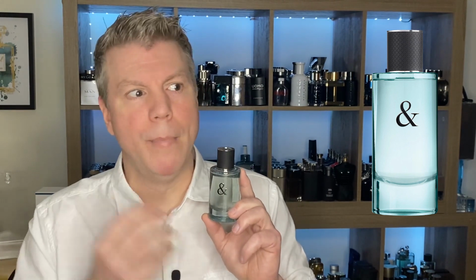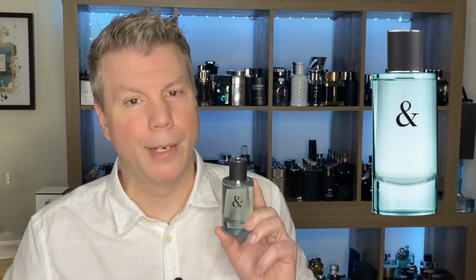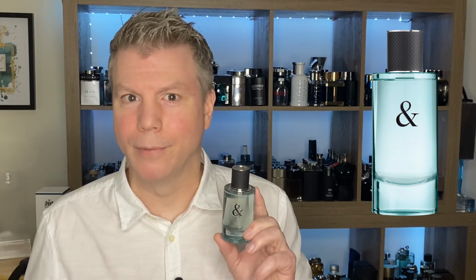There's nothing tremendously great about this. I love the open of this fragrance, but I actually like the dry down because it just reminds me of a dryer full of freshly laundered clothing. You throw it in a basket, you take it upstairs, dump it out on your bed, getting ready to fold it. The dog jumps in the middle of it and won't get out of it. Tiffany for Him Pour Homme has that freshly clean laundered smell that is really comforting, it's familiar,